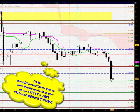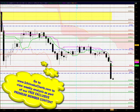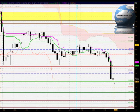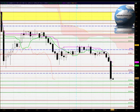It does suggest there is potential for the market to trade to lower levels, but the question is, has the market done too much too quickly? With this very solid downside momentum, have the sellers exhausted themselves? Will we see support coming in around the 1266 level? And there is a good possibility of that happening. So with the sellers strongly in control, however, it may not be some time until we see this trend technically